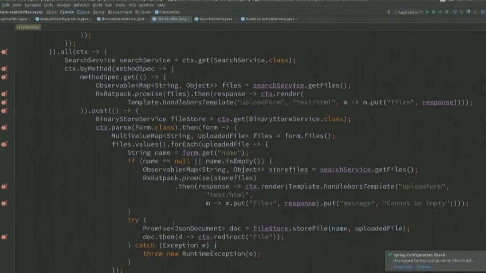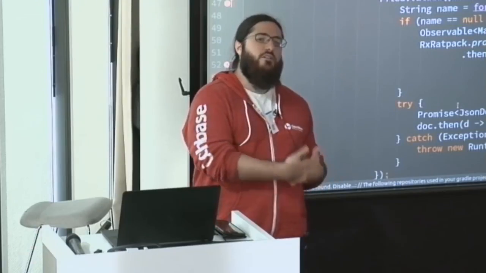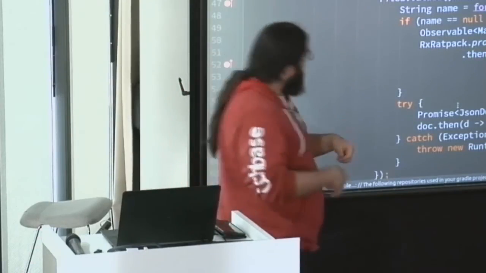Then I'm going to call my search service. It's a Couchbase service. It's using RxJava. It's returning an observable of stuff. It's returning an observable of map of string and object. A JSON is just a string and object. I'm returning a map because I'm using a Java server-side template rendering, so it's easier to give them a map directly than a JSON string.